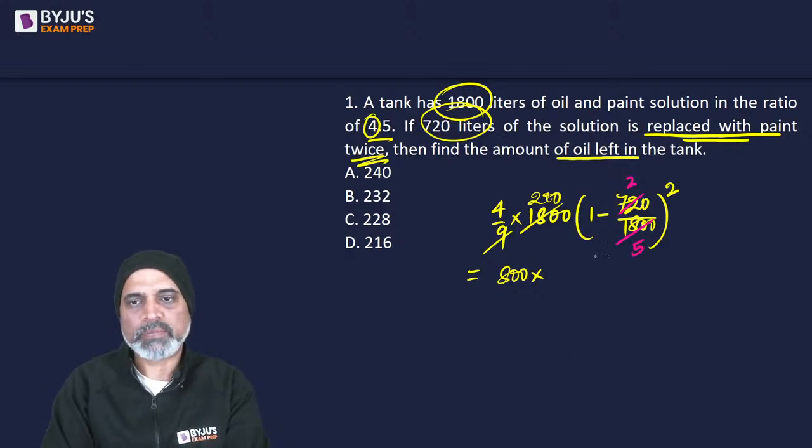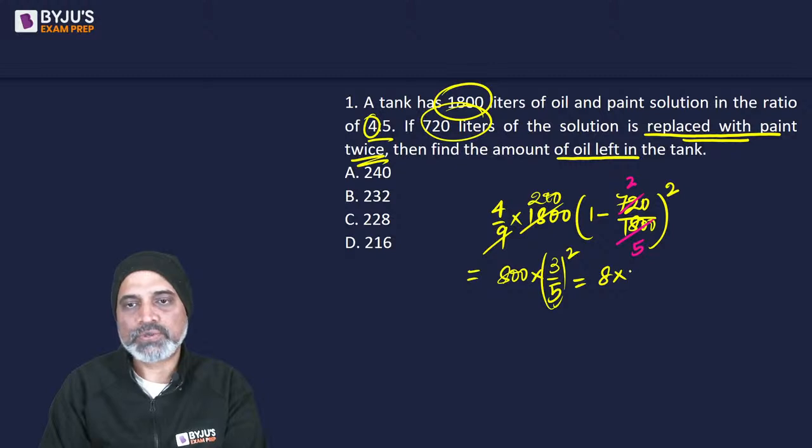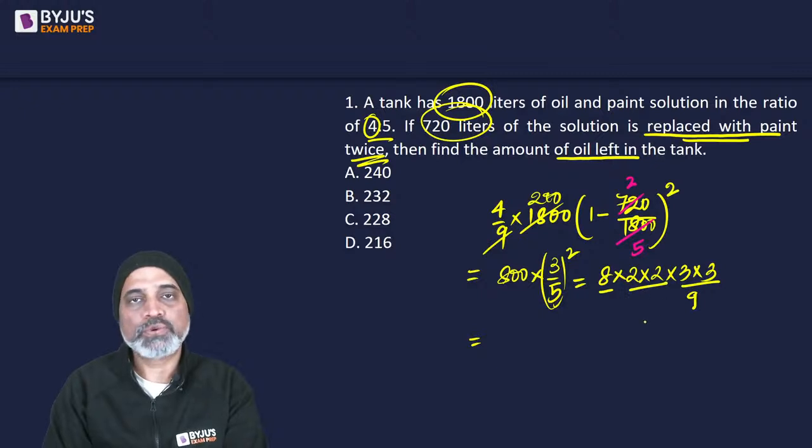So 1 minus 2 by 5 will result in 3 by 5. So if we solve this, this is going to be 800 into 3 by 5 whole square. So this is going to be 8 into 2 into 2 into 3 into 3, which is going to be 8 into 9, which is 72. And 72 into 4 is going to be